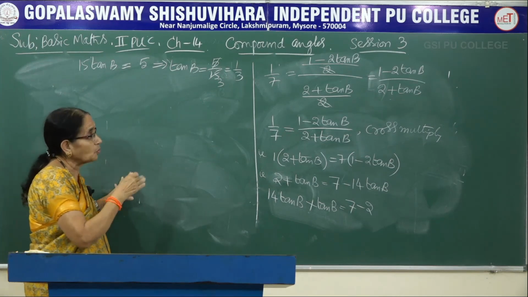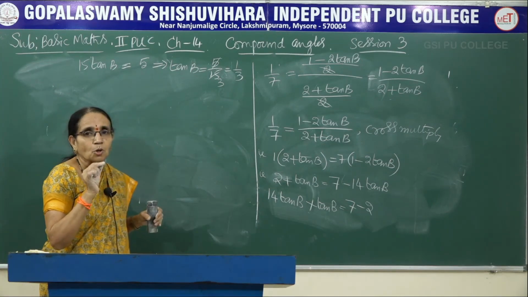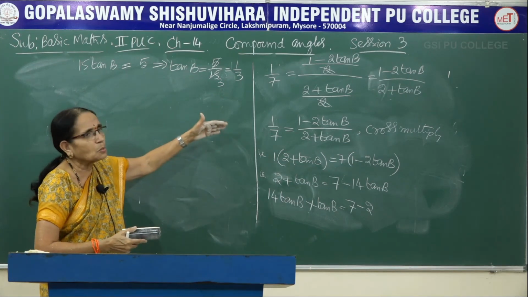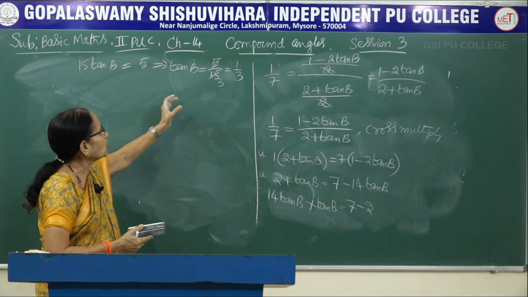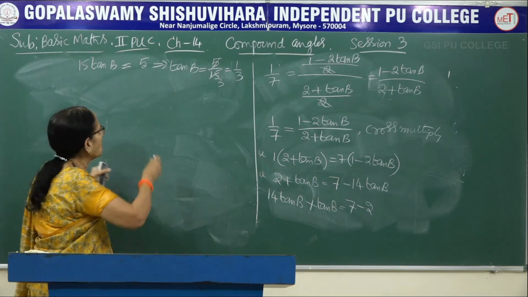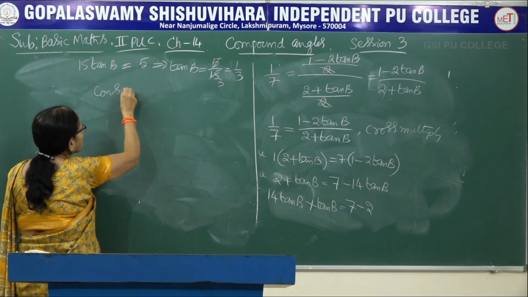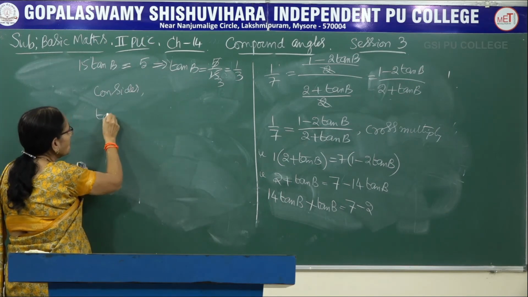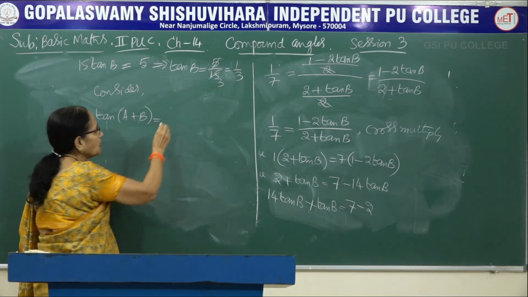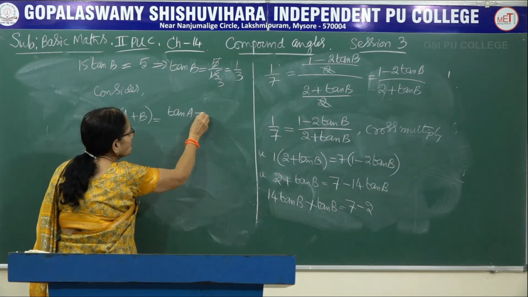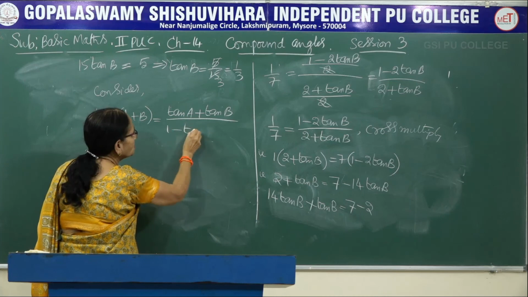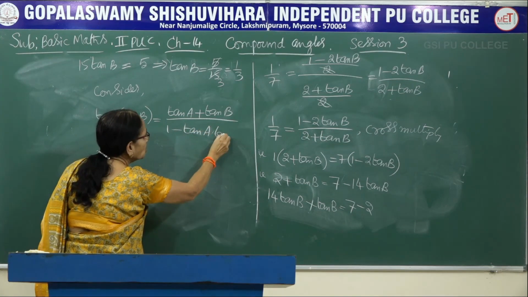Now what we have to prove here is, you have to show that the sum of the angles A plus B equal to 45. Now we are discussing only about the tan function, tan ratio here. Therefore A plus B means we try to find the value of tan of A plus B first. Now consider tan of A plus B. Write the expansion, tan A plus tan B divided by 1 minus tan A into tan B.